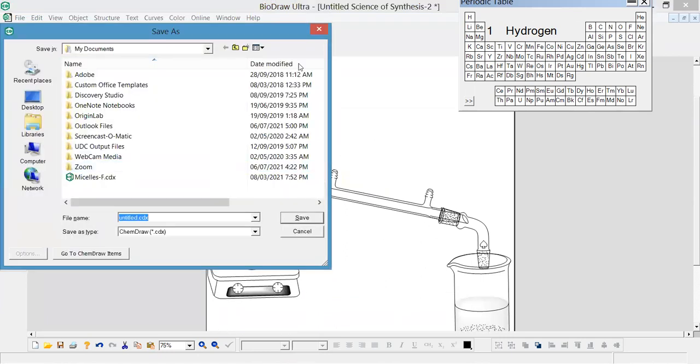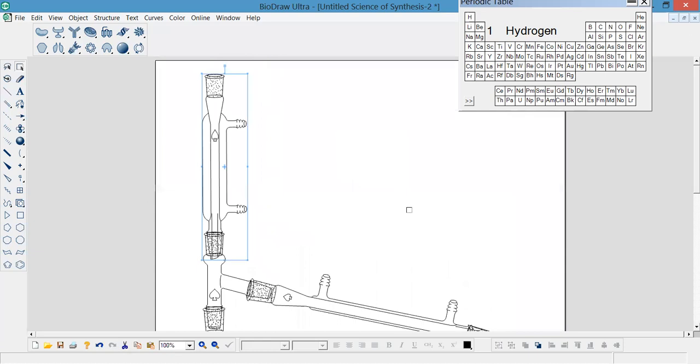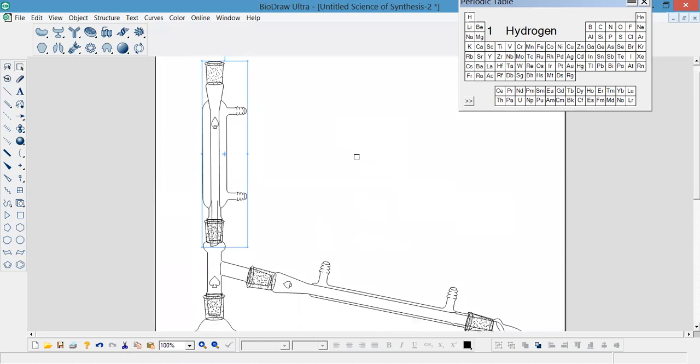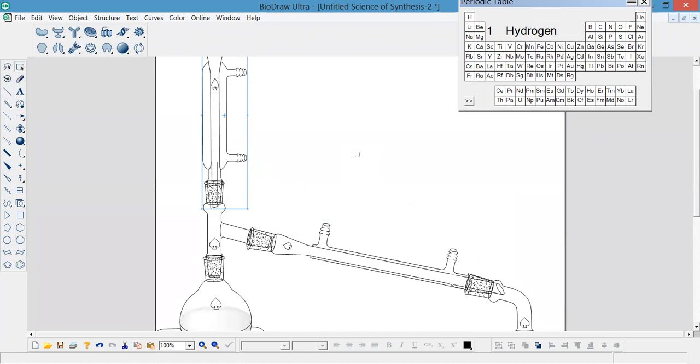This is a distillation assembly that we can prepare by using software like BioDraw. This is a refluxing assembly. We can prepare this refluxing assembly by using this BioDraw software. This is all about how we can draw the chemical structure of a drug intermediate, or a chemical reaction.